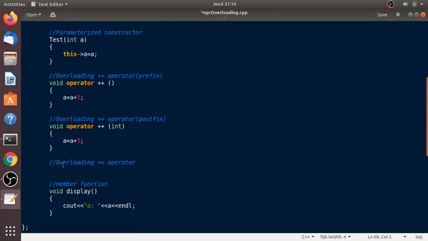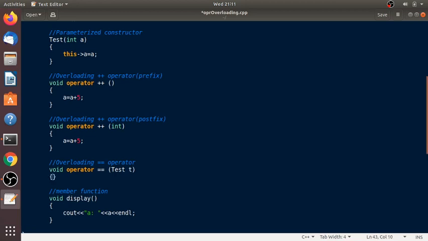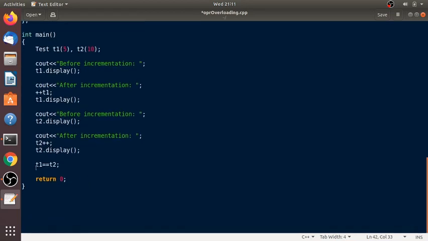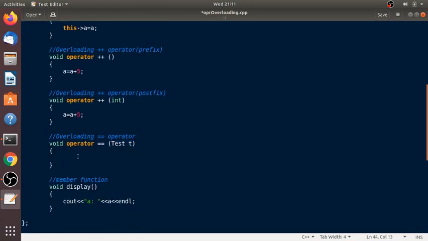So let's see the function first. The return type is void, operator keyword and exactly equal to. Now the argument here is the test class object, so say test t. This is an explicit object and the other one is an implicit object. Here we are going to compare the value of a.